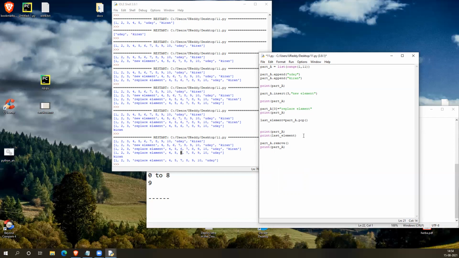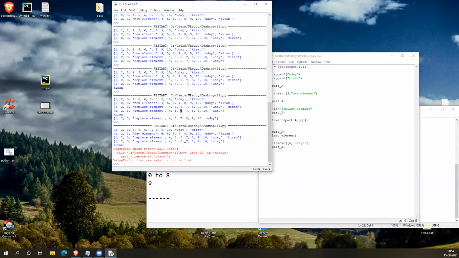And in this remove, instead of 6, let me provide a new list with 6 comma 9 and run that. No, X is not the list. Oh, sorry.